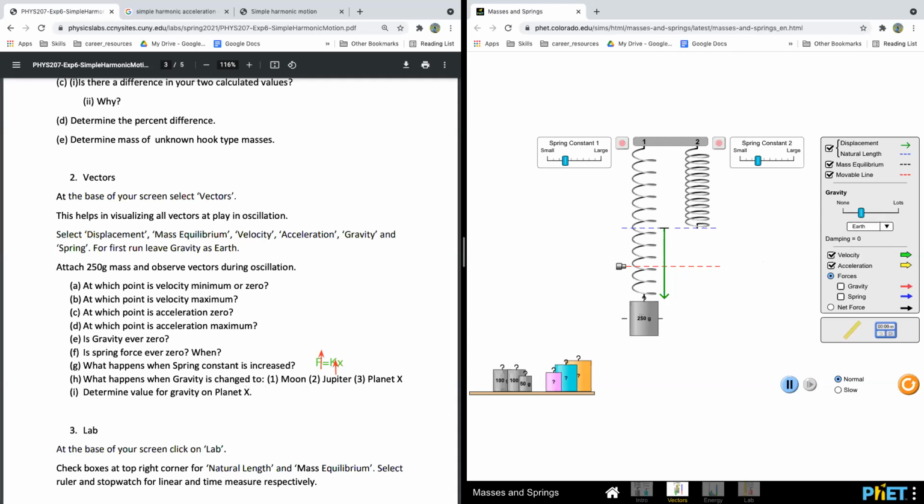Erase them. Okay, I'll erase them. Then, so if we see here, Earth, and we can choose Moon, and we choose Jupiter or planet X. So before we go, how are we going to observe? Before, we are on the Earth, so this is the natural length, and this is the mass equilibrium, right? So if we change to Moon,